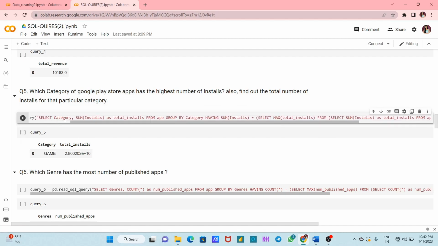I just select the category name, then the sum of all installs as total installs, from the table named app, and then group by the category column. So by grouping it with the category column, I get the sum of installs according to each category. Okay, I also put a condition by using having, like the sum of installs should be. I use this subquery for the condition as a temp, and then I just